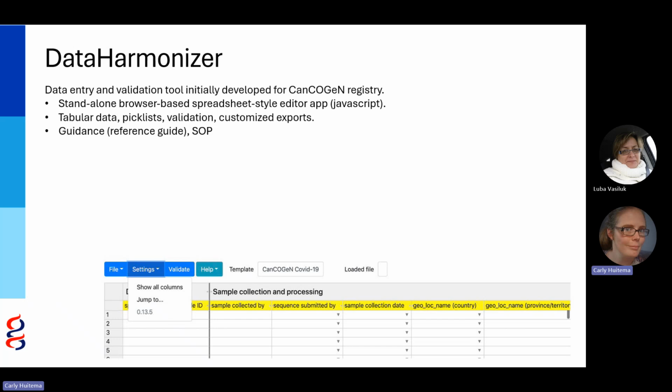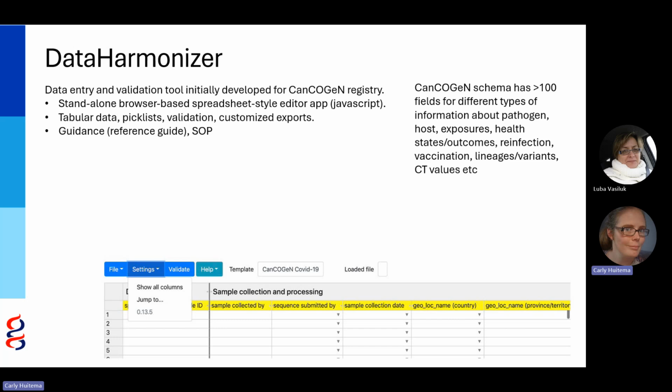So here we go. That has led to Data Harmonizer, and I mentioned the CanCOGen VirusSeq portal, 100 different fields of information related to the epidemiology of the person, the case information, the location of the sample, geographic location, the bioinformatics, sequencing parameters, and so on. So there we are with the file menu that allows you to load both